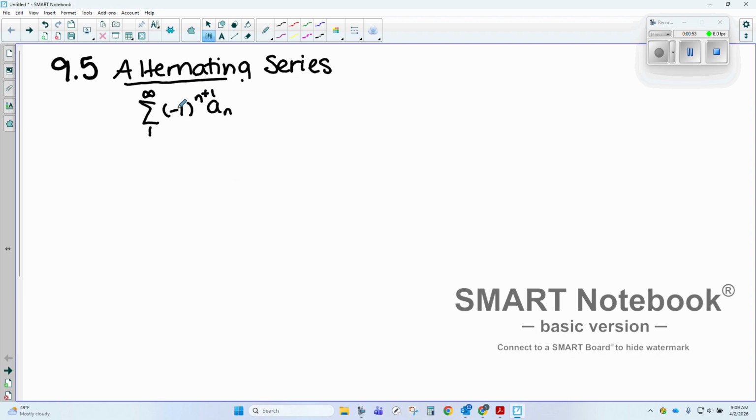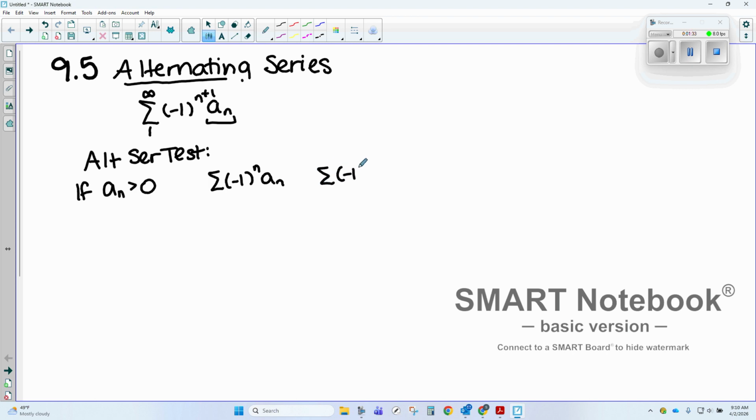This piece of the expression won't determine the convergence or divergence, whether I'm starting with positive 1 or negative 1 here. The a sub n's are what are going to be most important to us. What we call the alternating series test says if our a sub n's are all positive, because again, the alternating part comes from our negative 1 to the n power, then our alternating series, whether we're looking at this version or this version,